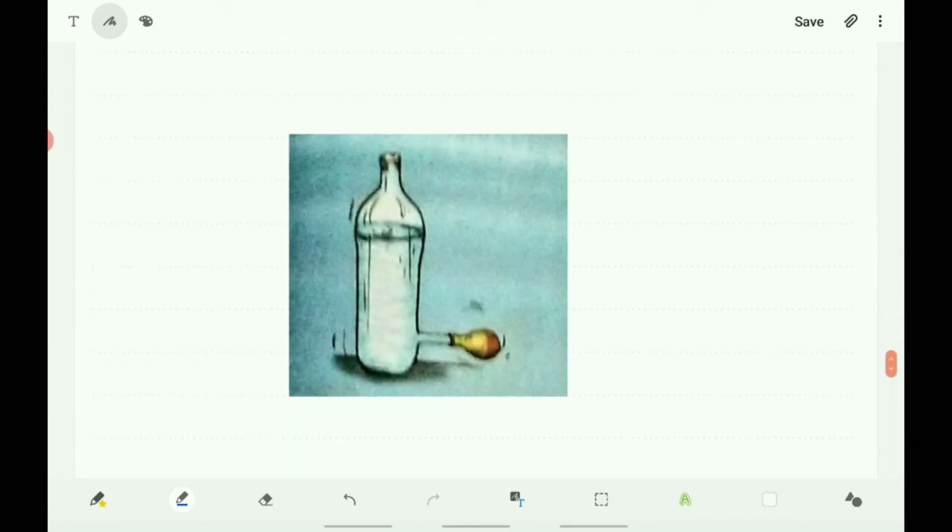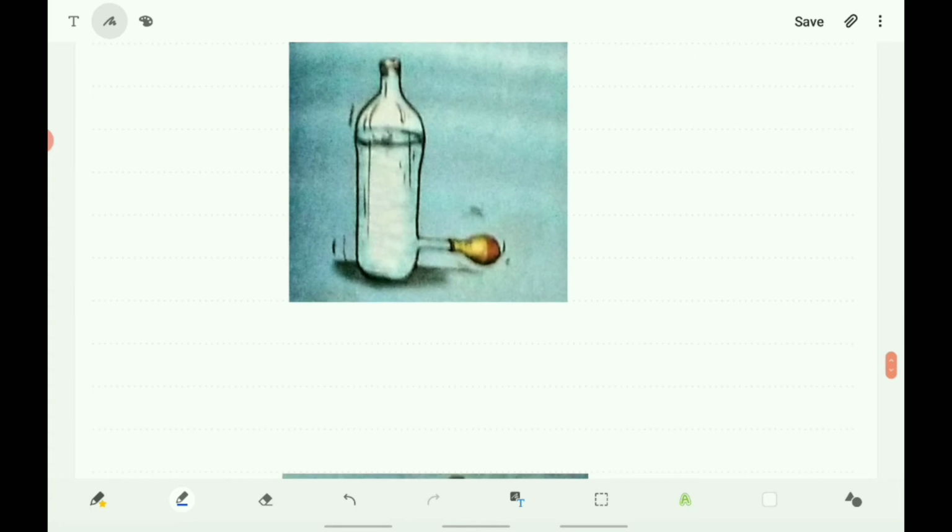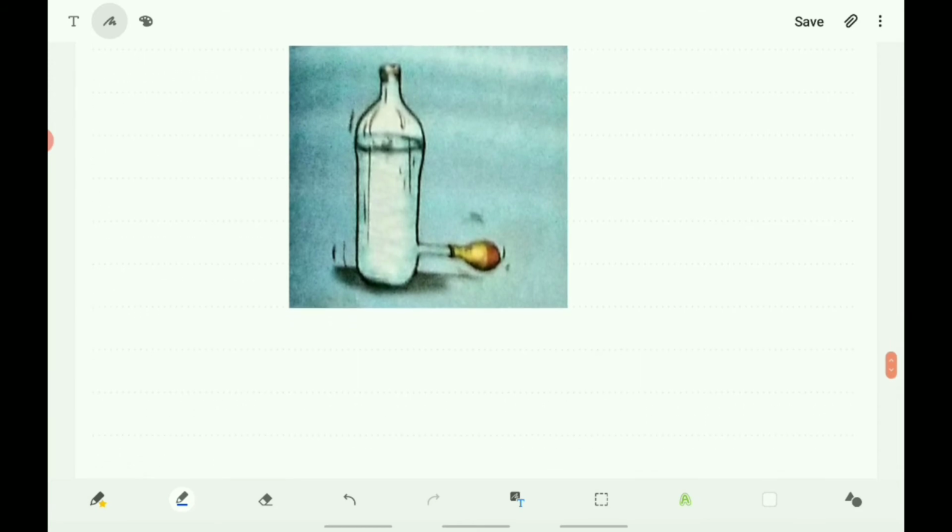See here, again you do an activity. Take a plastic bottle. You can take a discarded water or soft drink bottle. Fix a cylindrical glass tube a few centimeters long near its bottom. See here, it is shown in the figure.